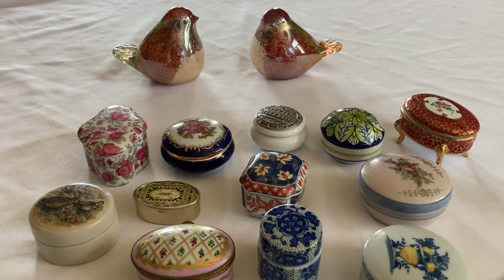I'm not going to discuss every single box here in depth. Some of them are worth more than others. Obviously, they're made of different materials, with a lot of different time periods, countries, and regions in those countries going on here. So I'm going to focus mostly on Limoges, because